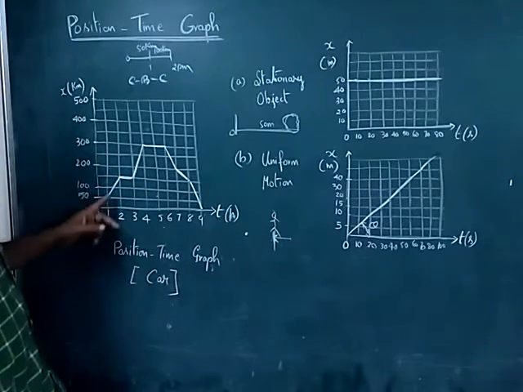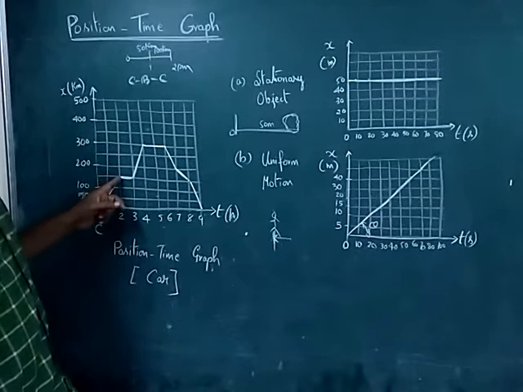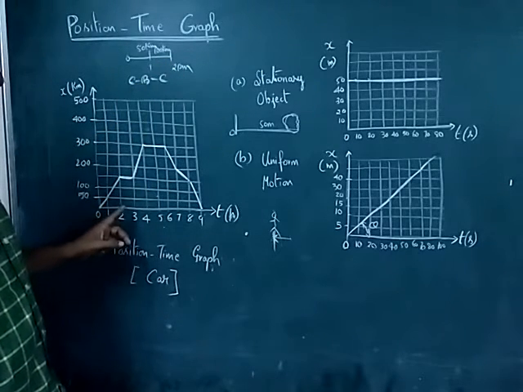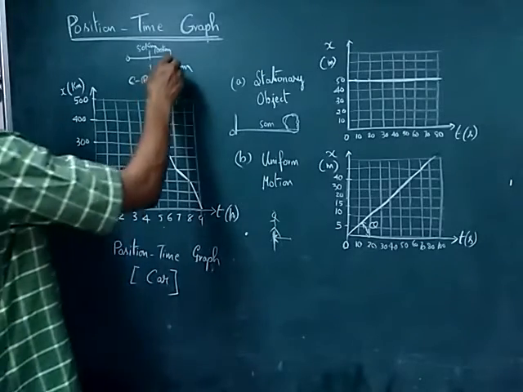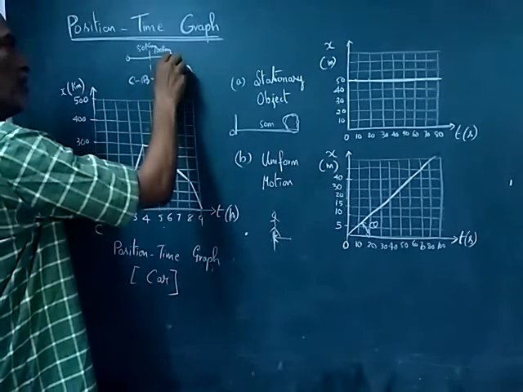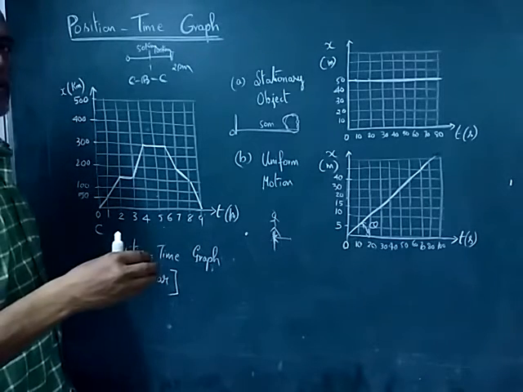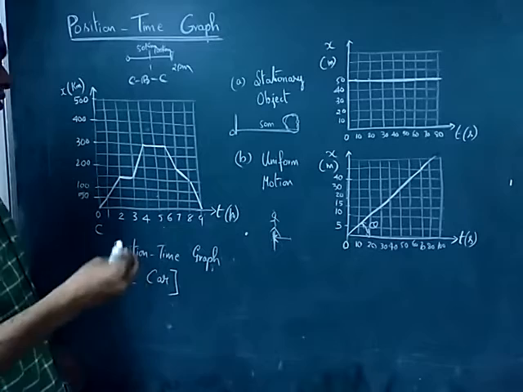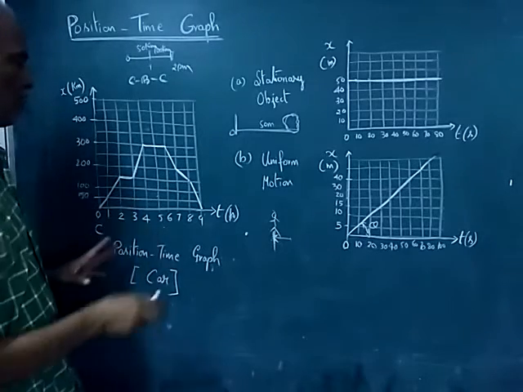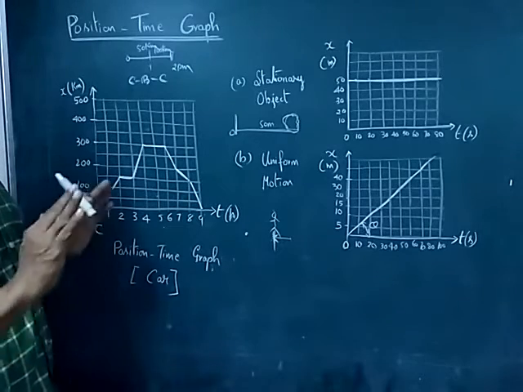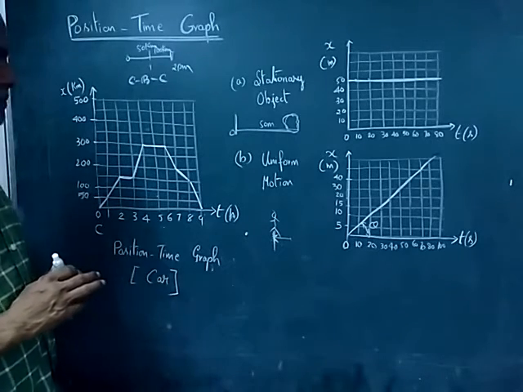That means there is no change in distance, that is from 2 to 3. So 2 p.m. to 3 p.m., he halts the car, he takes some food, he takes rest for 1 hour. 2 to 3 is rest hour. That means there is no additional distance covered. The driver is taking rest.